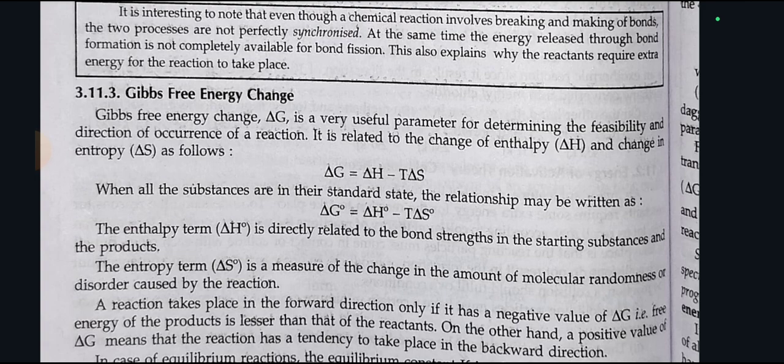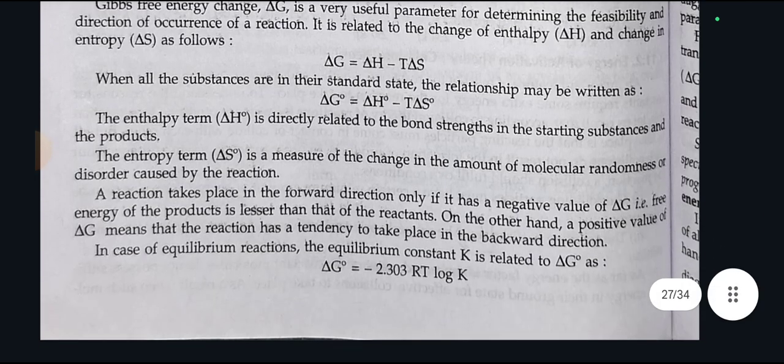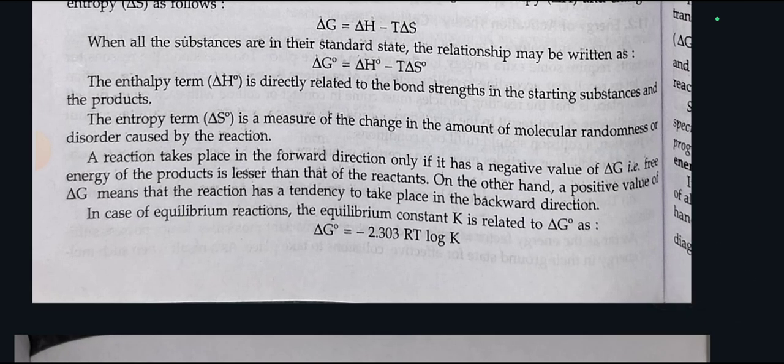When all the substances are in their standard state, the relationship may be written as delta G naught is equal to delta H naught minus T delta S naught. The enthalpy term delta H naught is directly related to the bond strength in the starting substance and the product. The entropy term delta S naught is a measure of the change in the amount of molecular randomness or disorder